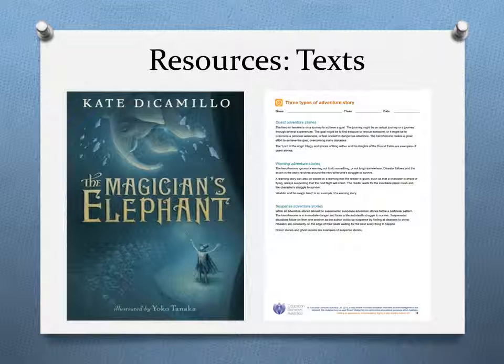The story is about a boy named Peter who is looking for his sister. A titled magician has one last chance to wow the audience with a trick which has never been attempted. The only way Peter can find his sister is through the elephant, which might just disappear forever. The chapters are read corresponding to learning intentions, for example, orientation, complications, series of events, and resolution. This text scaffolds the students' learning.